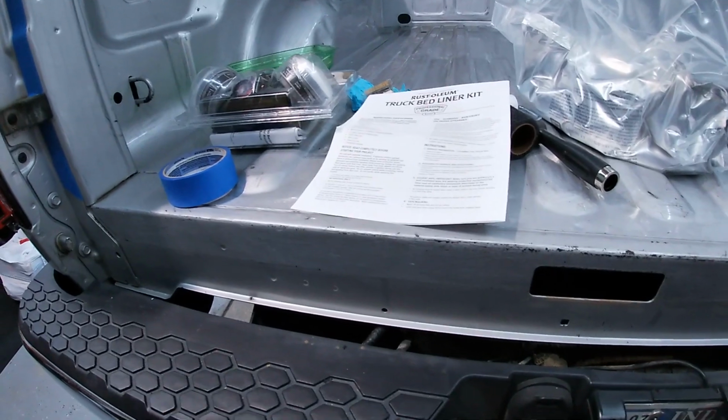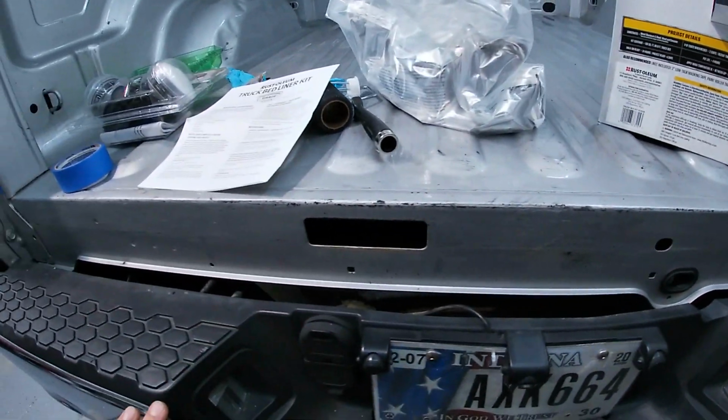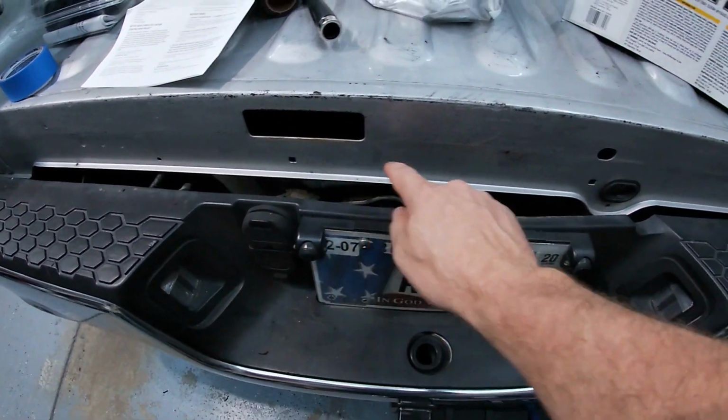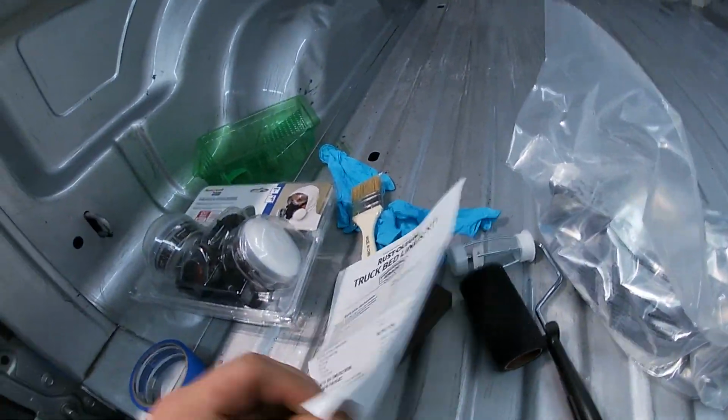Now, my brother-in-law, the Hoof, is the one that had the idea. He said, why don't you paint that too? Get rid of that, because then it'll look nicer when it's all done. So I think that's a really good idea. And I'm actually going to put a light right in here too later on. And then after you're done taping it off,